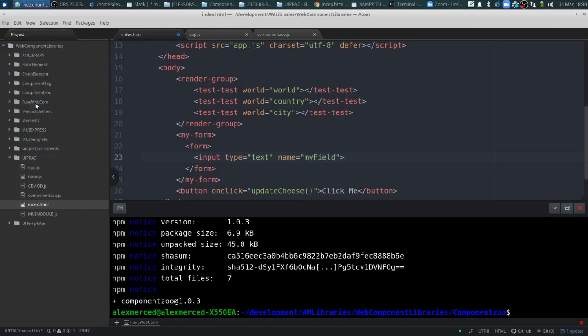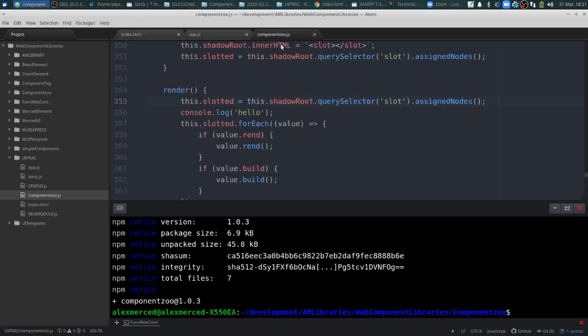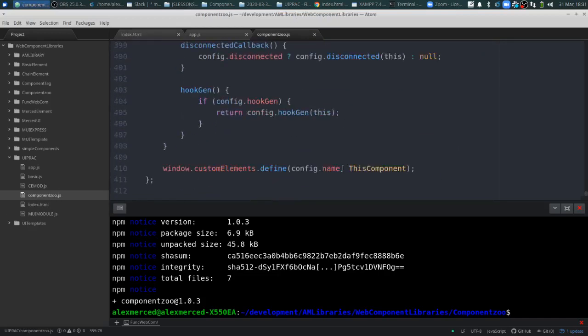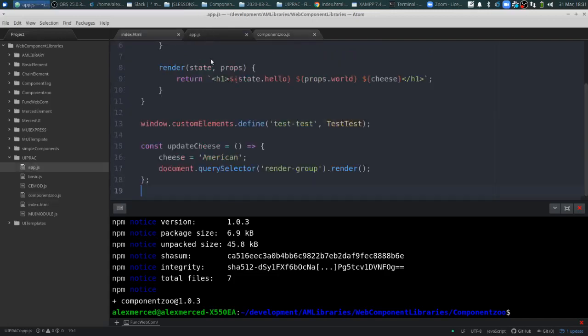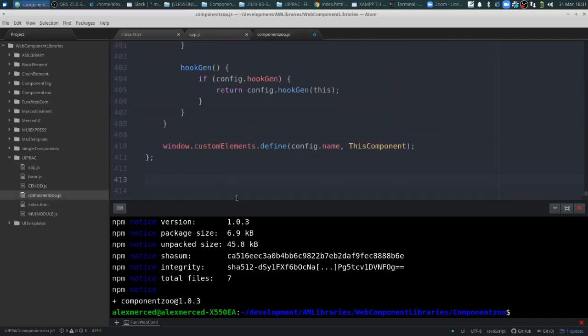Save. Cool. And all this does is give you a component version of the form tool from Merced UI. I just altered it from being a class that you bind to the form to where you just wrap it around a form and it just works. So watch this. Nope, that's the ComponentZoo. So if I go to app.js, or no,